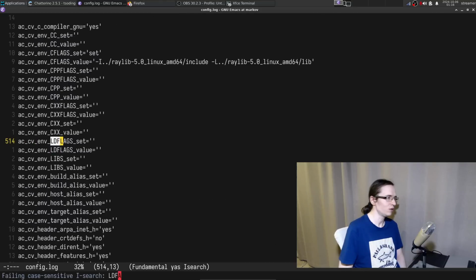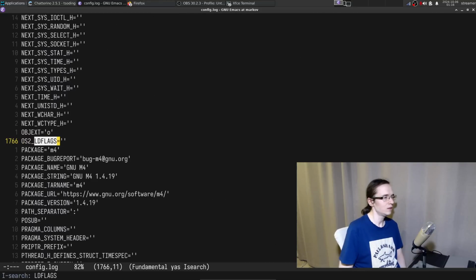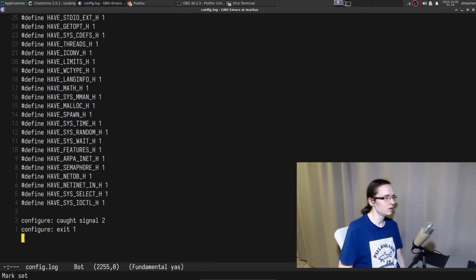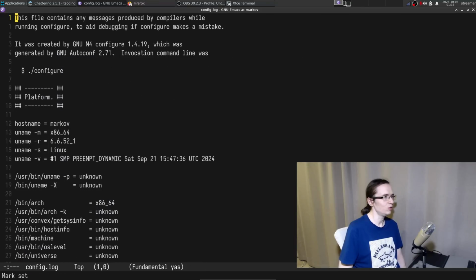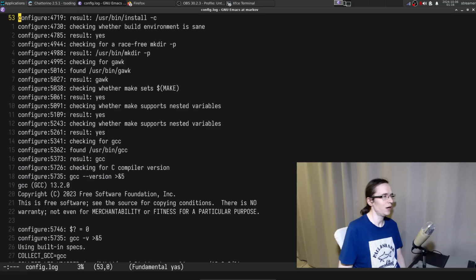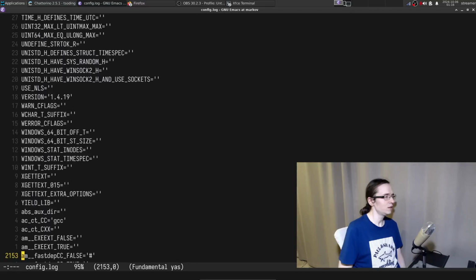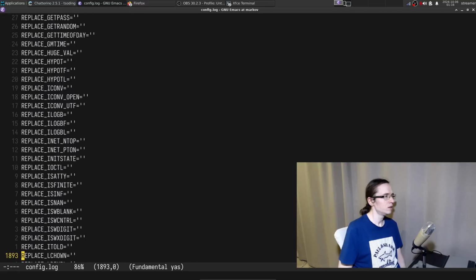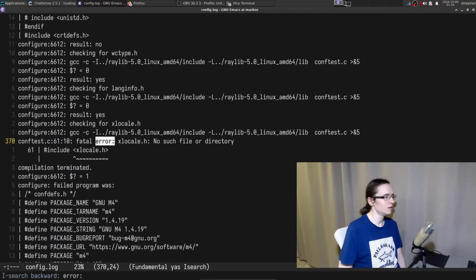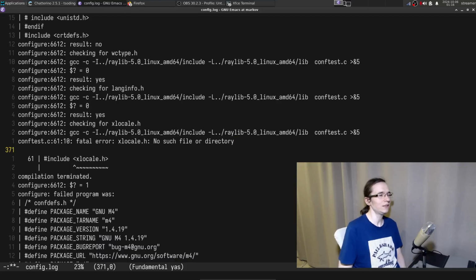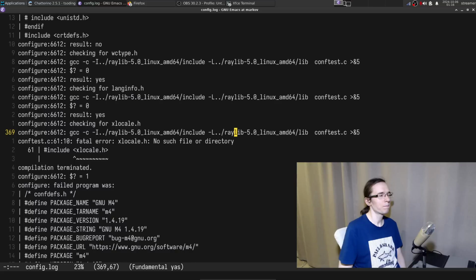So LDFLAGS. I don't know. This one contains any message produced by the compiler. Maybe I can go up there, but I can't find it. X local compilation. Is that why? I think that might be the case.